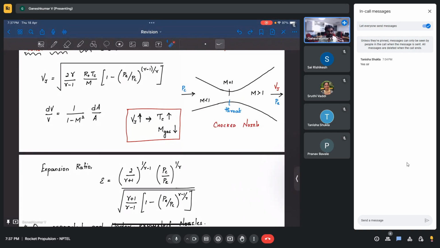Okay, what does it mean, Mach number equal to 1? The speed of sound is also equal to the velocity of the flow. So why is it important? How does the speed of sound affect anything happening in the mass conservation? Mass has to be conserved as it goes through the nozzle, but at a certain point in the throat, the velocity of the flow is equal to the speed of sound, which is nothing but the rate at which the disturbances in the flow can travel, or the rate at which information can travel